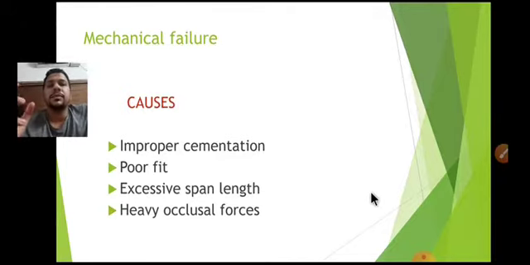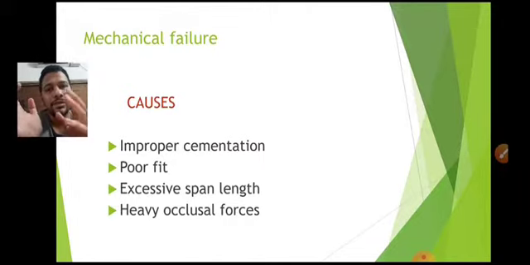Firstly, how the mode of cementation can lead to failures in FPD. Cementation is a procedure which has many phases, from the moment you start mixing the powder and liquid till the cement sets. For example, when you start mixing a cement, there is something called water powder ratio which will be declared by the manufacturers. You are supposed to do exactly what they say. If you alter the water powder ratio a bit, it will eventually affect the longevity of your particular restoration.